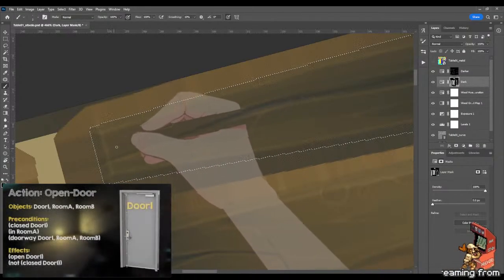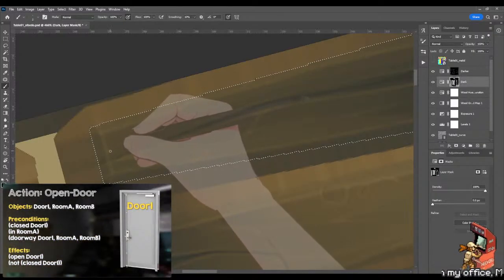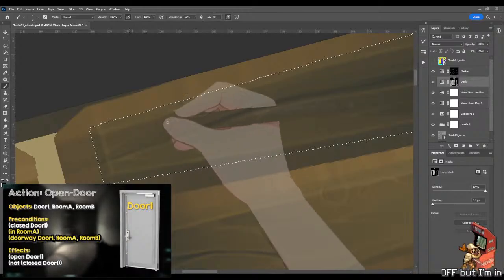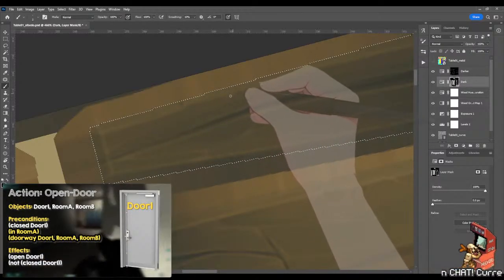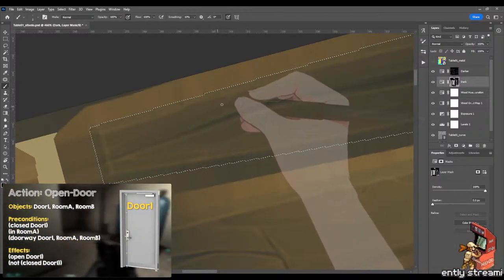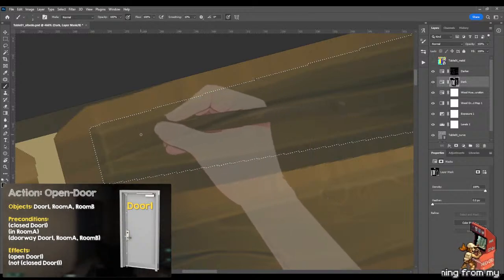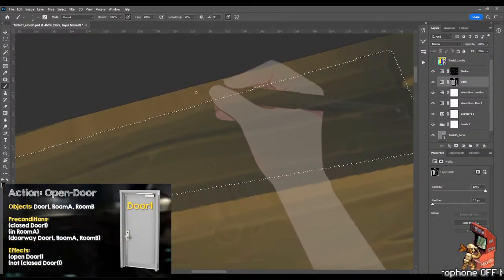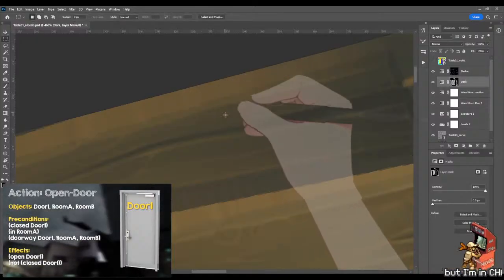In fact, in the planning model, the NPC can open the door if they're in a room that the door connects to, meaning this wee fella is now apparently telekinetic and can open doors with their mind from very far away? This is in contrast to a more realistic interpretation, which is that not only does the NPC need to be in room A, but it also needs to be standing right next to Door 1 in order to open it.